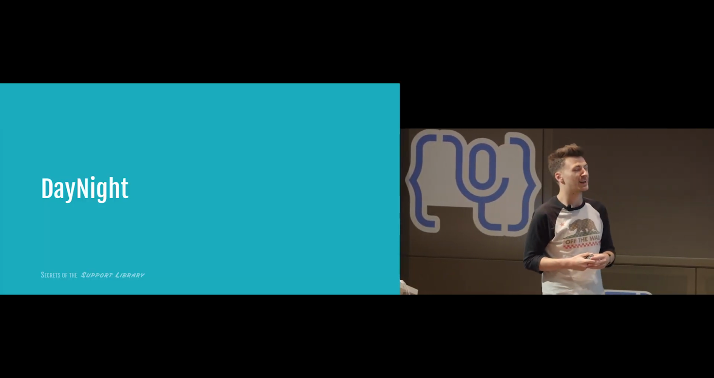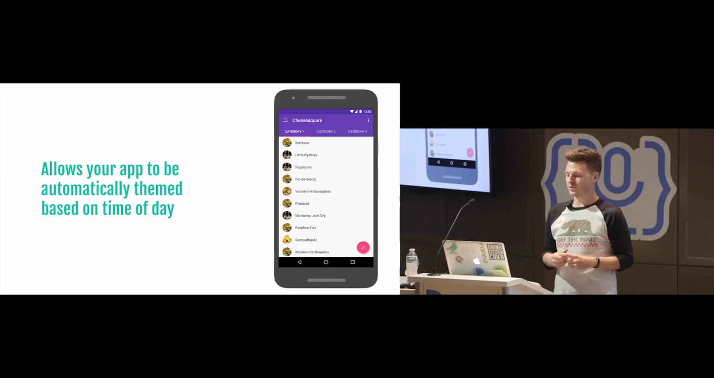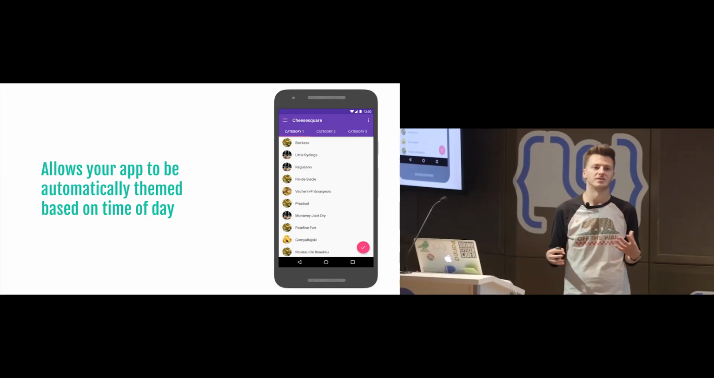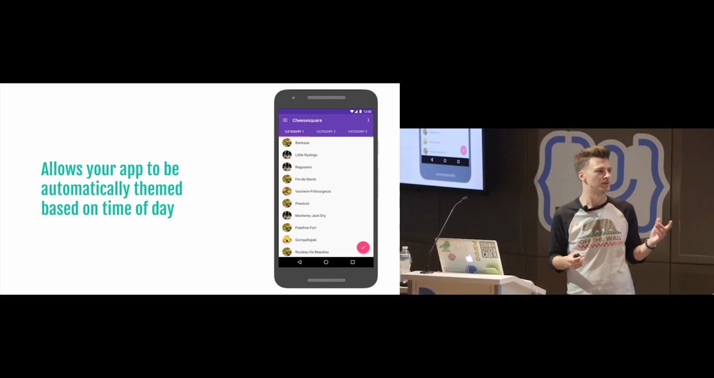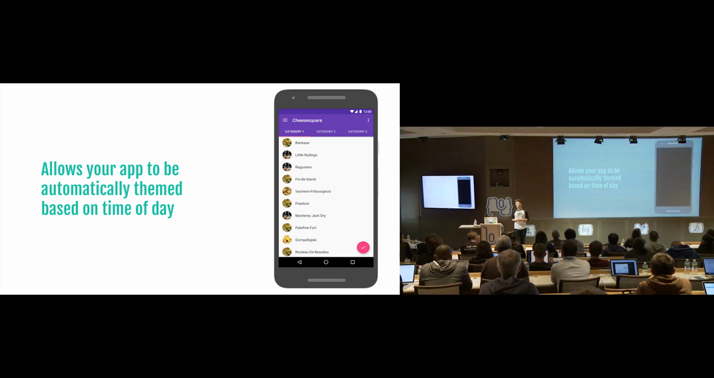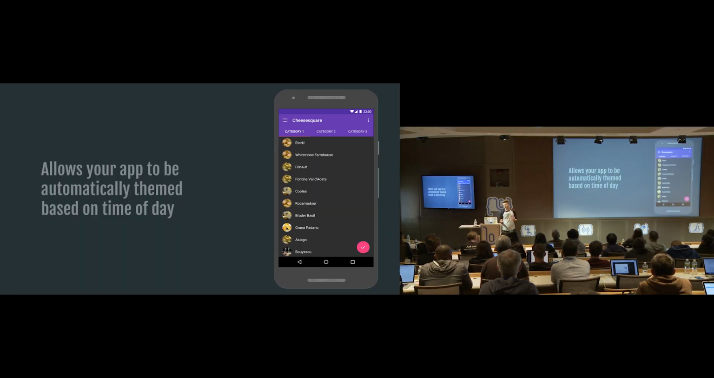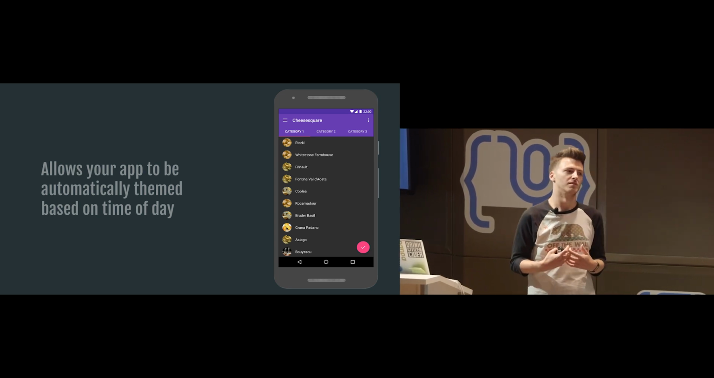So the first feature we're going to talk about is day-night. This was added in AppCompat in 24.1, if I remember rightly. And that allows your app to be automatically themed based on the time of day. So here we've got a device at lunchtime, like 12 o'clock in the afternoon, and it's light background, dark text. And then automatically, when the device is opened at 10 p.m., it's dark background, light text,